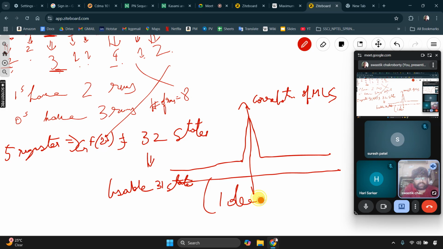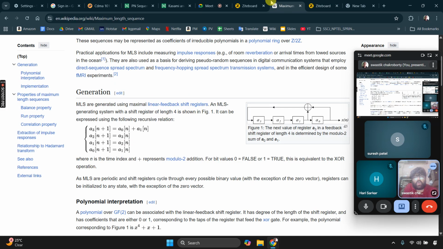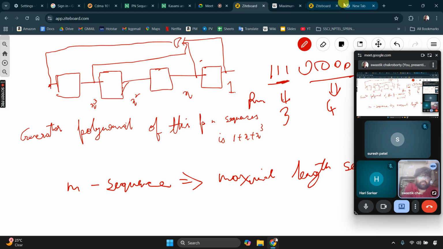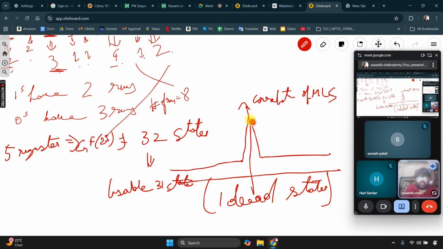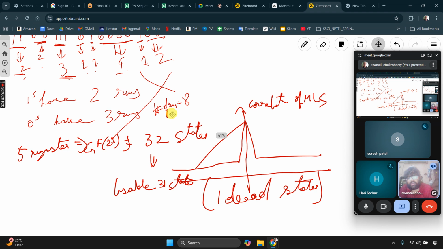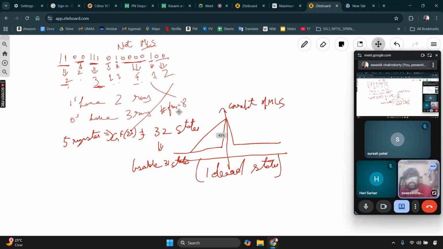One dead state. So 31 states. You will see after 31 it will periodically repeat. So from this what we can say is that the period of an M sequence is